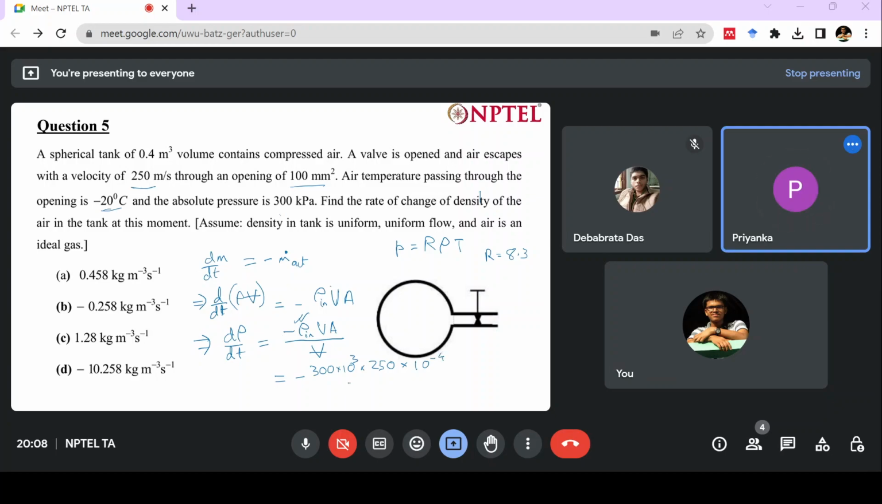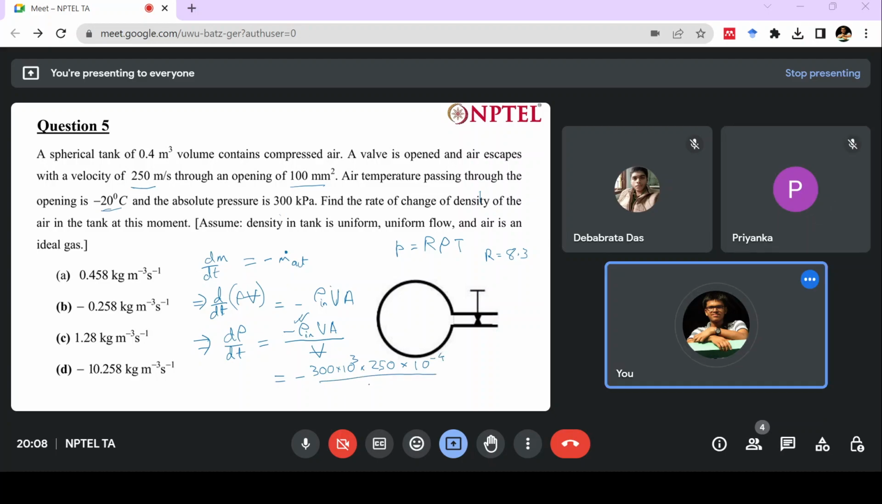Sir, option B. Option B. Okay. Second option. Yes. So let's check the order of magnitude of this. So 3 into 10 to the power 3, there is 10 to the power minus 4 here. So 250 and 253 are almost the same. So this is coming approximately as